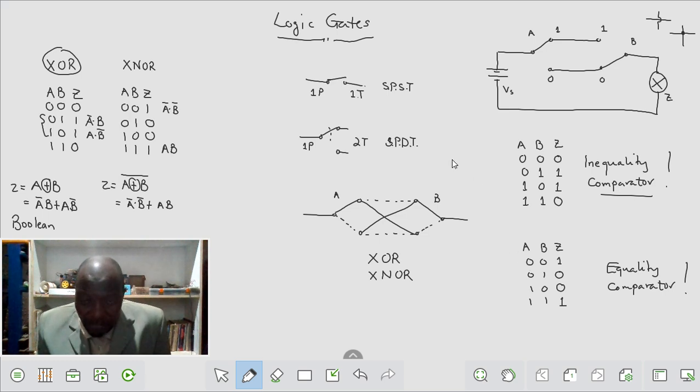So as you can see, the one with the X is my switch equivalent circuit for the exclusive OR. The X for the exclusive OR. The equal for the exclusive NOR. As you can see, the two are actually